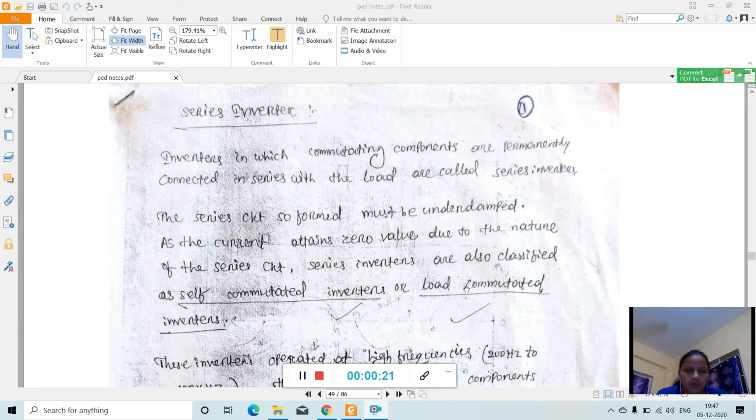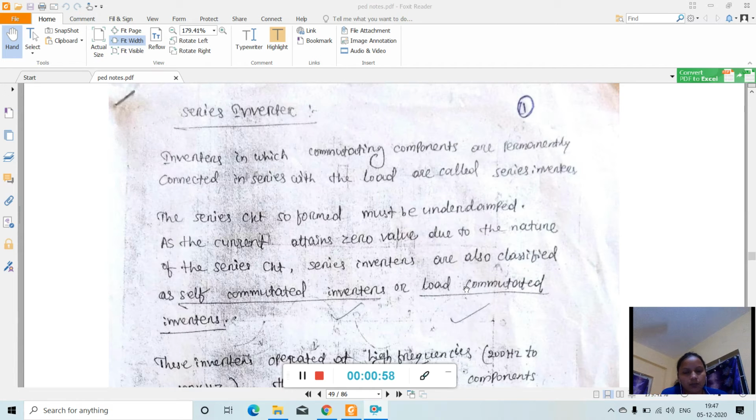So already we discussed the definition of inverter in the previous video, that an inverter is a circuit which converts DC input to the AC output. Okay, so in an inverter circuit we convert DC to AC. In the previous video we already studied the single phase bridge inverter, and how the DC input is converted into the AC output. So let's begin with the series inverter.